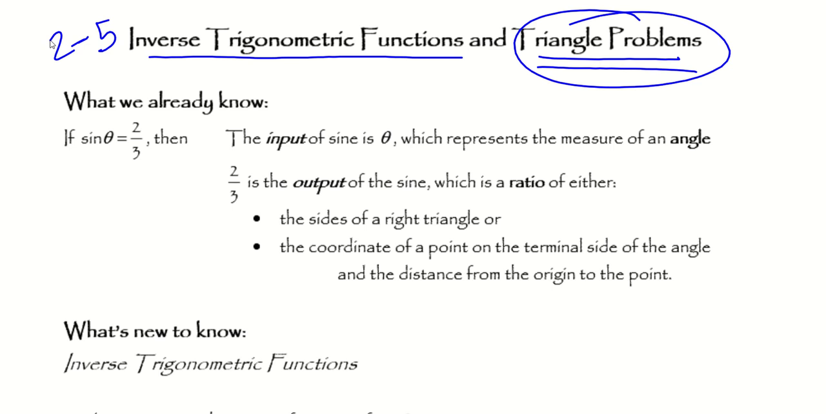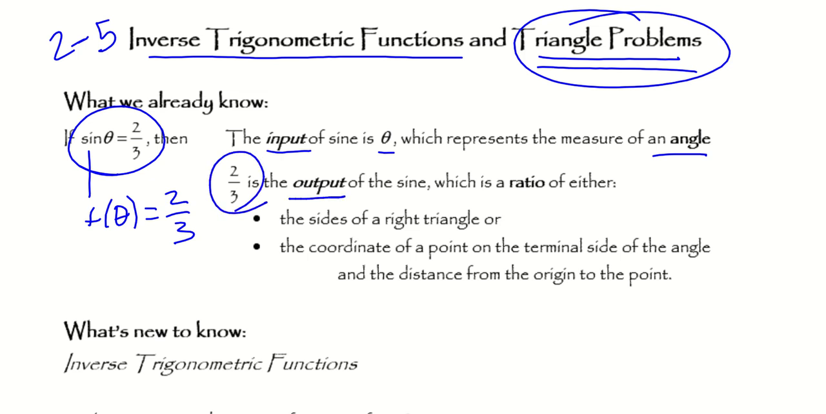We know that if we say that the sine of theta equals 2/3, the sine is our function, theta is our input, and our output is 2/3. So the input of our sine is theta, which is the measure of an angle. 2/3 is our output. It is a ratio of the sides of a right triangle. In this case, our sine would be the opposite side to our angle divided by the hypotenuse of our